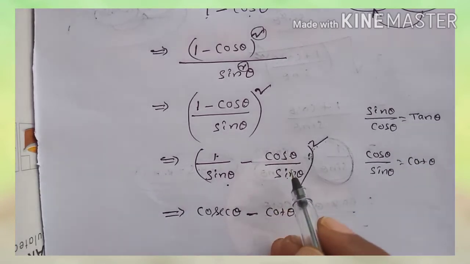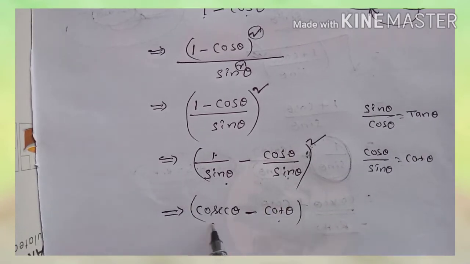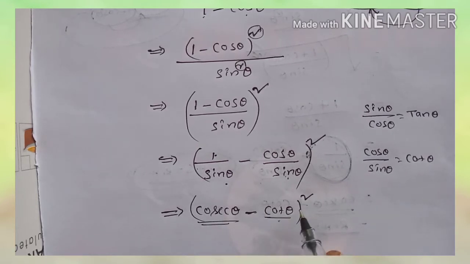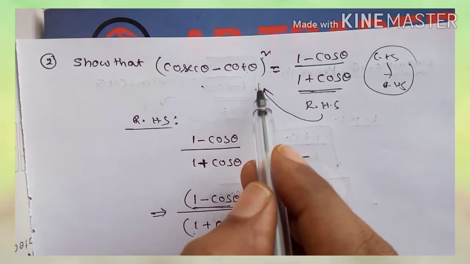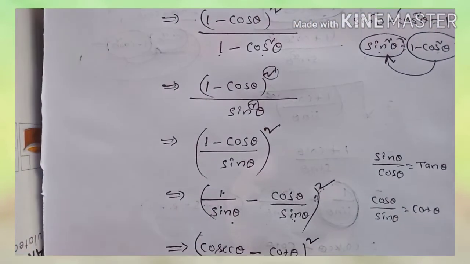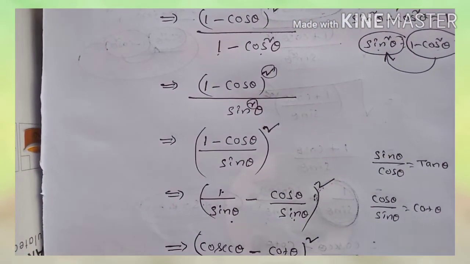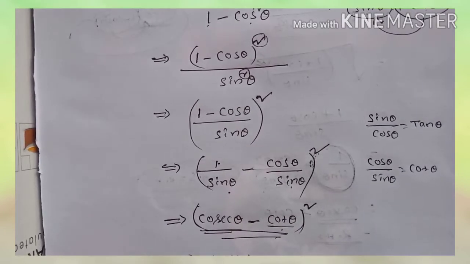So we get (cosecant theta minus cot theta) whole square. This is our requirement. We can see in the problem (cosecant theta minus cot theta) whole square; this is the LHS. So RHS